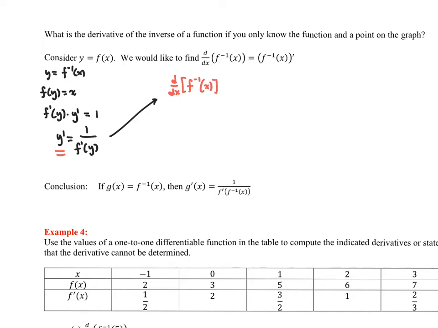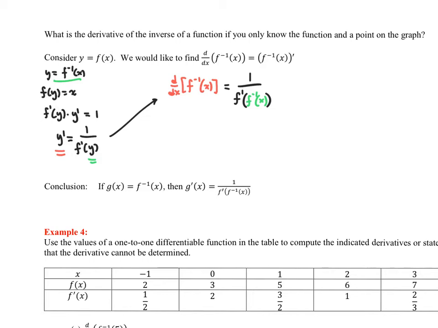Okay, that's what we're trying to figure out here. Trying to find a general form for that. Now, y, we said, was equal to the inverse. So what I want on the right side then is the derivative, 1 over f prime of y, which is the inverse function. So it doesn't seem like it quite yet, but that is very useful when finding the derivative